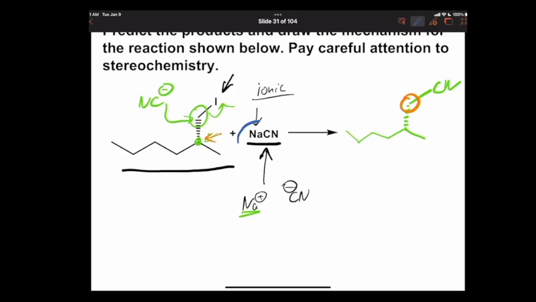Sorry, so to draw the mechanism with this involved? Do we have to redraw so that we show it? It is a really good idea, yes. If I just have CN, and okay, let me show, I think I know what you mean. You mean